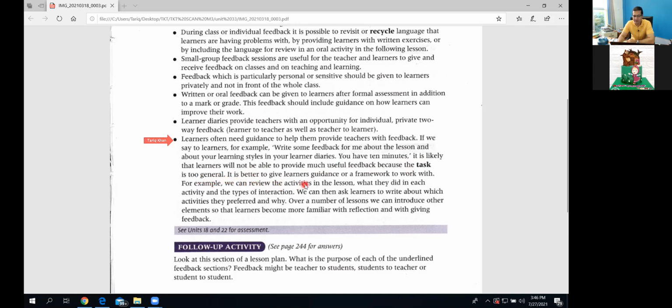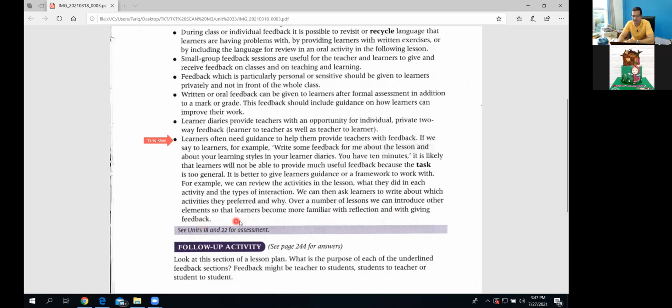It is better to give learners guidance or a framework to work with. For example, we can review the activities in the lesson, what they did in each activity, and the types of interaction. We can then ask learners to write about which activity they prefer and why. Over a number of lessons, we can introduce other elements so that the learners become more familiar with reflection and